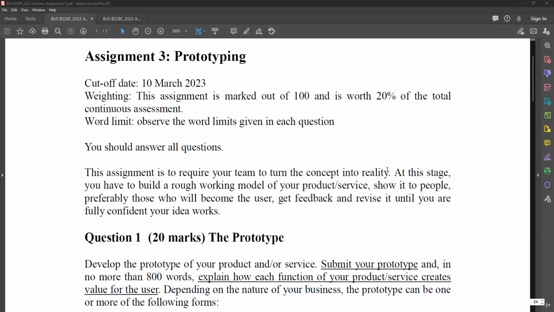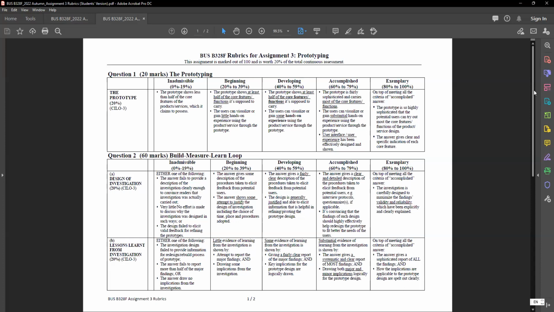Anyway, assignment number three. It's prototyping. There are two important things that you need to do. Of course, there are three parts in this, and I always go back to the rubrics because this is how all the tutors are going to mark up your grade. So three questions. The first question is about prototyping, which you need to provide some kind of, not a